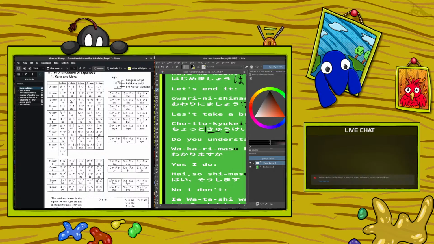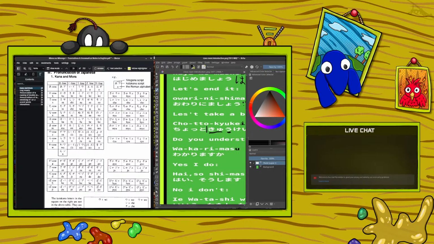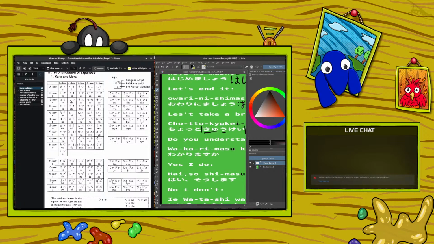Wakarimasu ka. So there you go. So now we have this. So if I'm correct, you can already see that the wa is over here. This is the wa, then this is the ka. Yes, and then we have the ri, which is